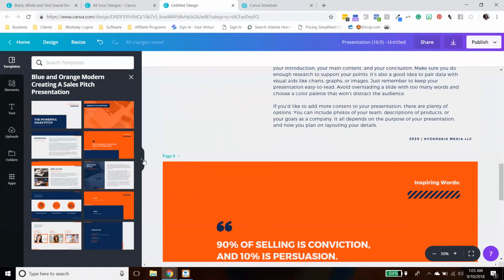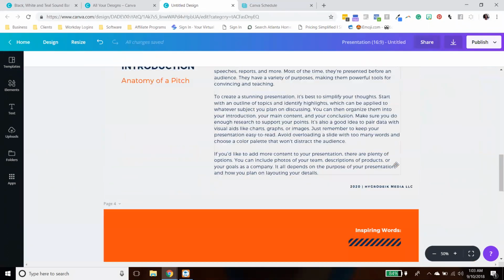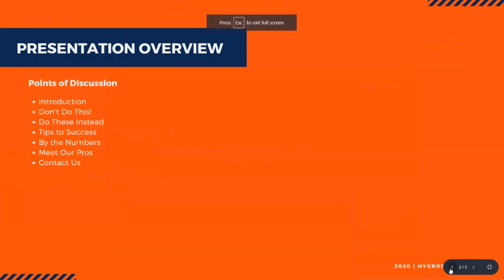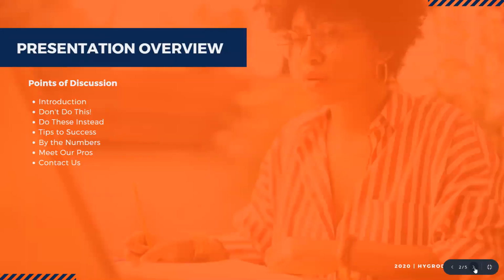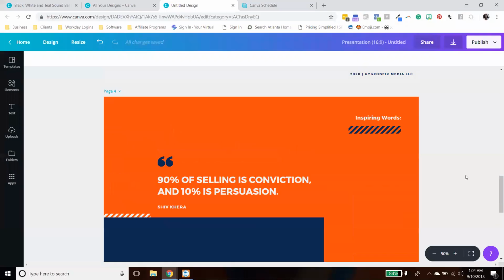create your presentation. Now we can close this out and we can get it all together, make our changes, do everything that we want to do with it. If we want to see how it looks in presentation mode, we can go to the front and see, okay, this is my first page, this is my second page, this is my third, my fourth, my fifth. Looks pretty good. Okay, so an amazing thing that Canva did for presentations is two things that you're going to